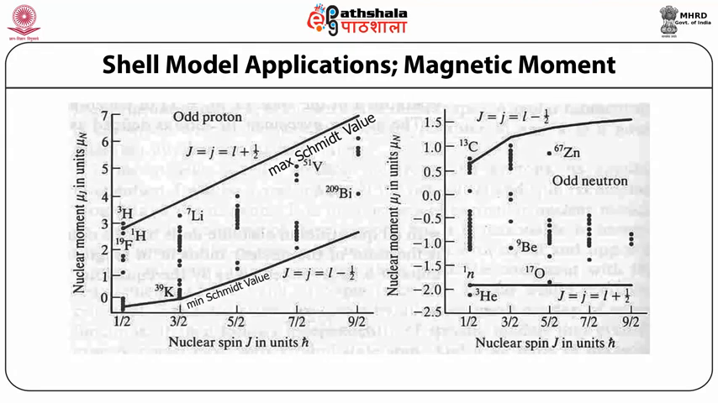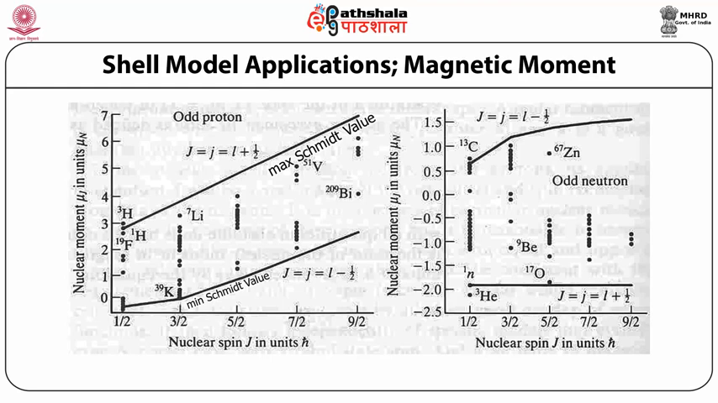Shell model applications, magnetic moment. So, we are continuing with our discussion about the applicability of shell model in determining the ground state magnetic moment of nuclei. We are discussing the case of odd A nuclei. Here in this slide, basically two pictures are shown. One picture on the left hand side is odd proton. On the right hand side picture, we have